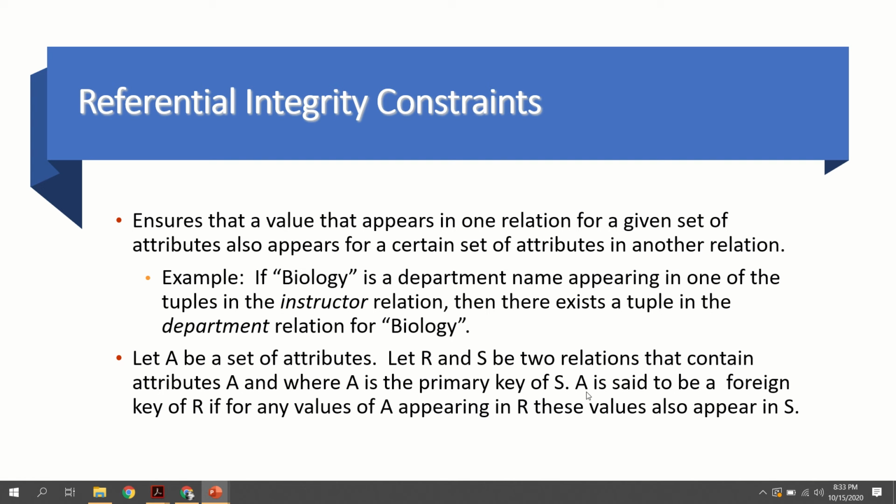In that case, A is said to be the foreign key of R. That is, if you want to delete or insert any values of A in R, it should always refer to the relation S where A is the primary key.